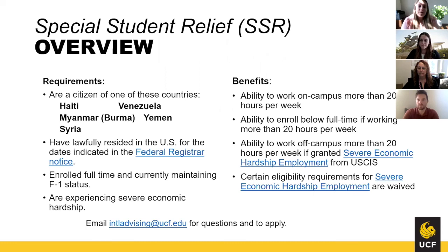The benefits, though, of SSR is that you have the ability to work on campus more than the allotted 20 hours per week while you're in courses and enrolled full-time. You have the ability then to enroll below full-time if you are working more than 20 hours per week. Then you'll also have the ability to work off campus more than 20 hours per week if you're granted the severe academic hardship employment from USCIS. And there are other eligibility requirements for severe academic hardship employment that can be waived if you're eligible for the SSR. If you have any questions or you'd like to apply, please email us at